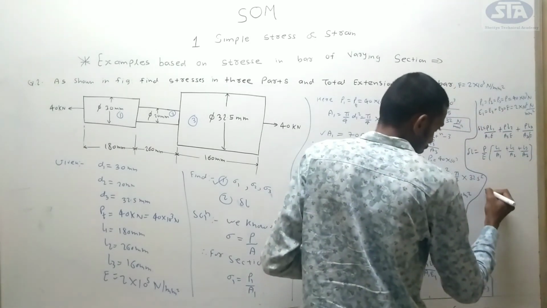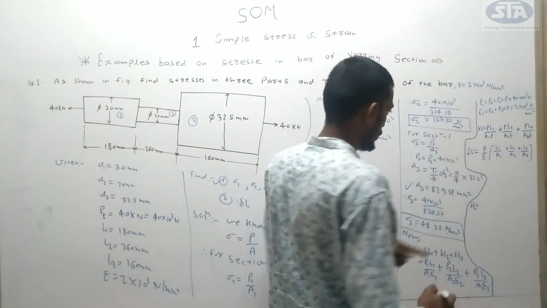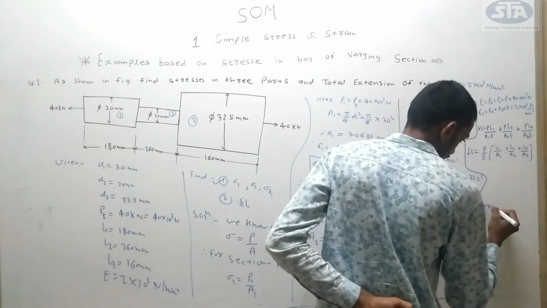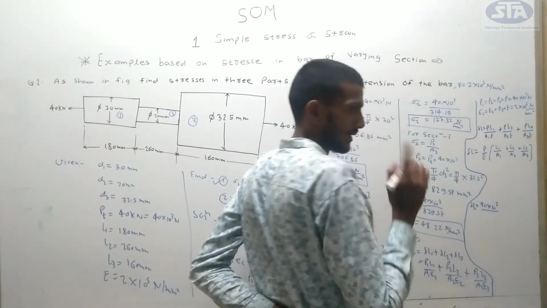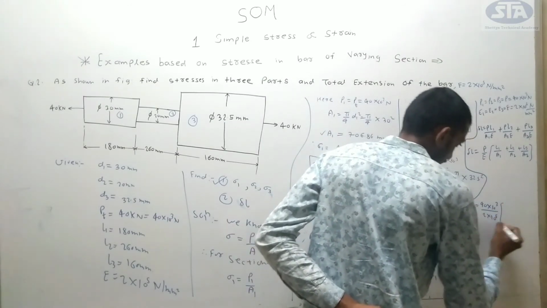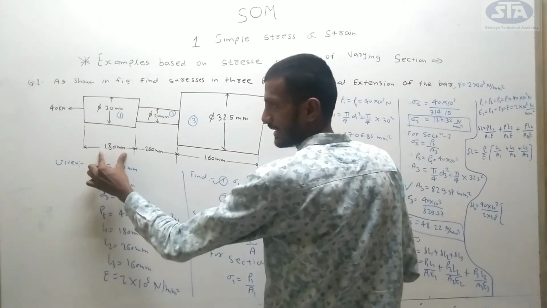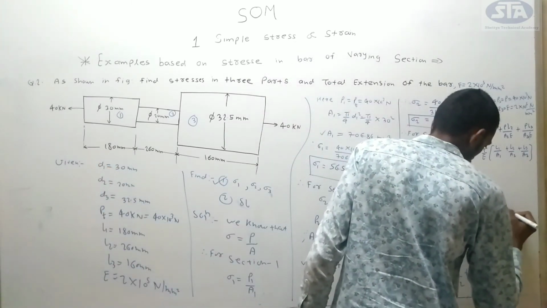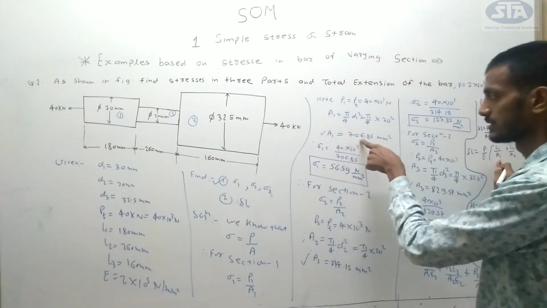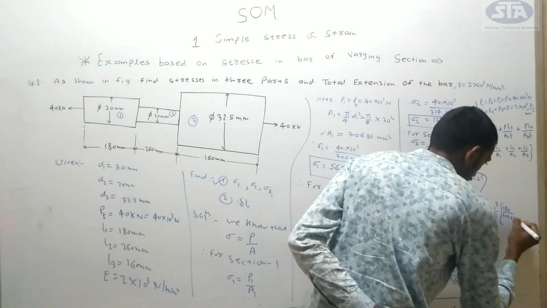Delta L is equal to P, which we already know is 40 into 10 raised to 3, divided by capital E, which is 2 into 10 raised to 5, in bracket L1, which is 180 mm, divided by A1, which we already calculated, 706.86, plus